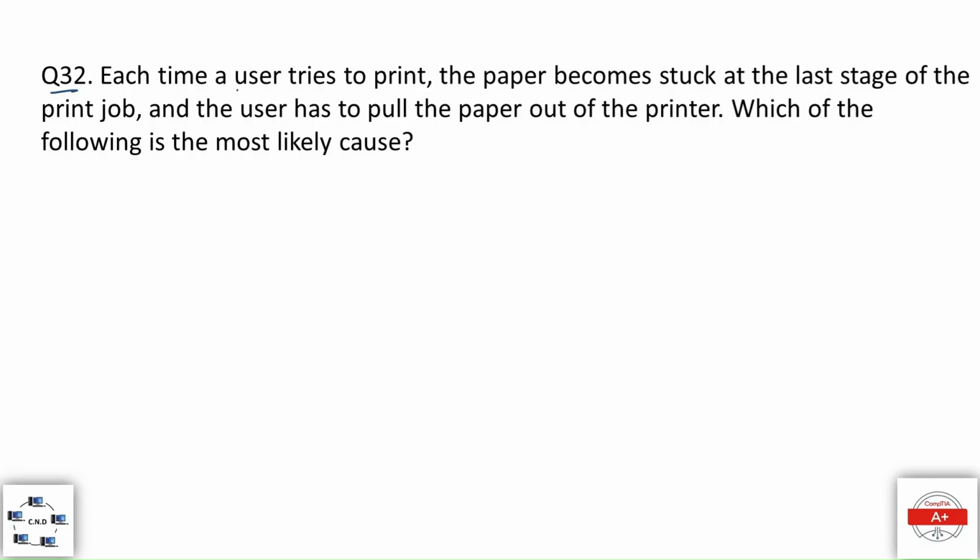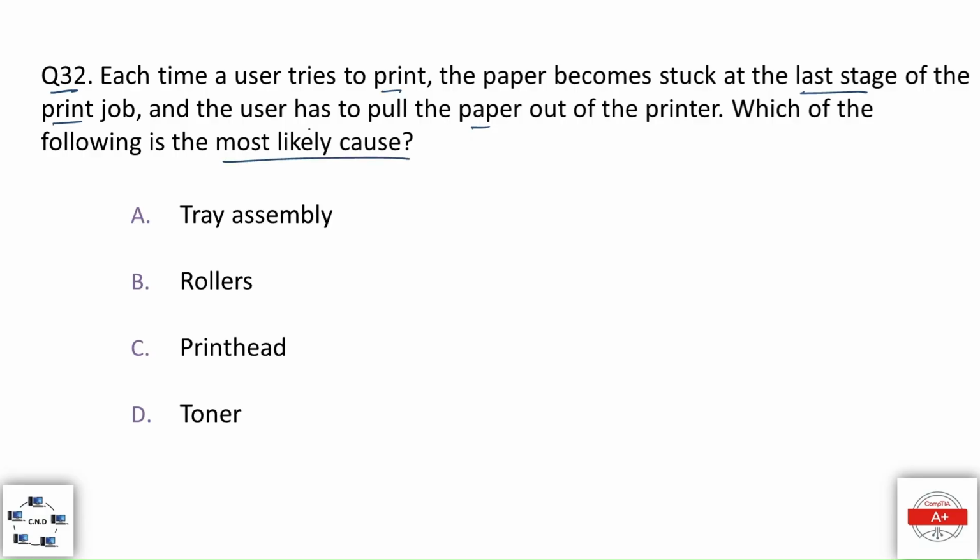Question number 32. Each time a user tries to print, the paper becomes stuck at the last stage of the print job and the user has to pull the paper out of the printer. Which of the following is the most likely cause? And the options are: option A, tray assembly; option B, rollers; option C, print head; and option D, toner. And the correct option is